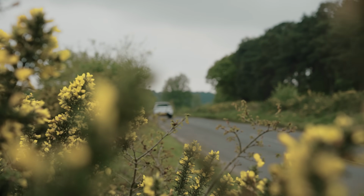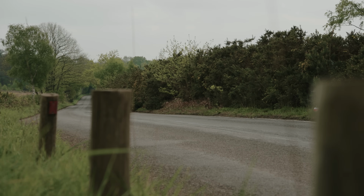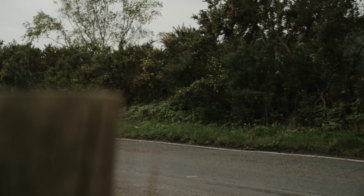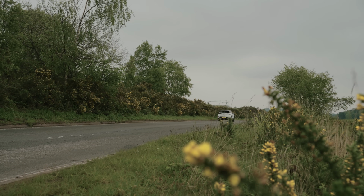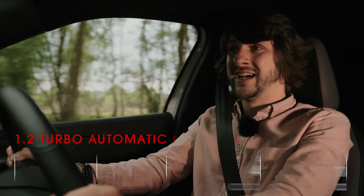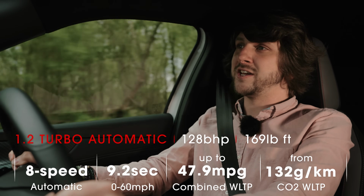In this review, we're focusing on the petrol version. No matter which one you go for, you get a 1.2 litre turbocharged engine, and you can choose from 99 brake horsepower, 128 horsepower or 134. This particular car has a 128 brake horsepower engine, and it's probably the sweet spot in the range, giving you